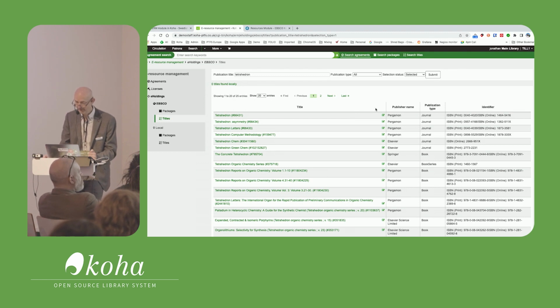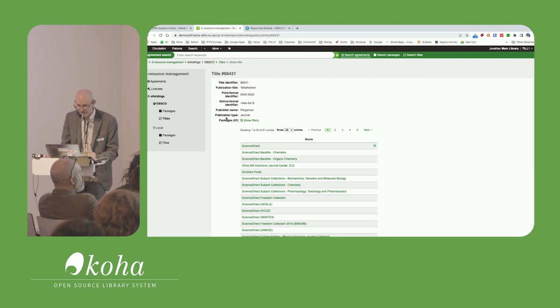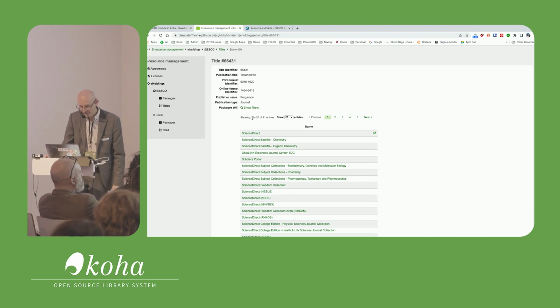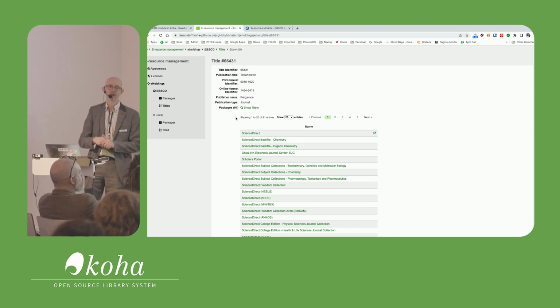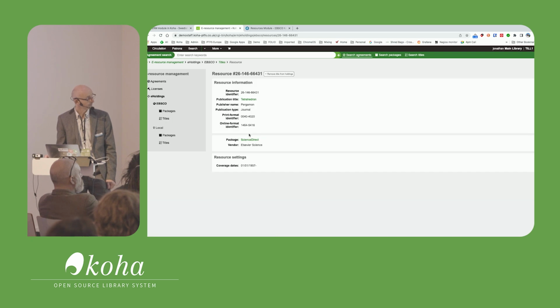But you can see here that there's little check boxes down the side here. So these mean that we've already selected these titles within EBSCO's holdings knowledge base. And if I just click on one of those, you can see this title, Tetrahedron, is part of 91 different packages that EBSCO provides. So again, we can see these check boxes here. So we can see that we actually subscribe to this as part of Science Direct, not as part of any of these other packages. So if we have a look at Science Direct,